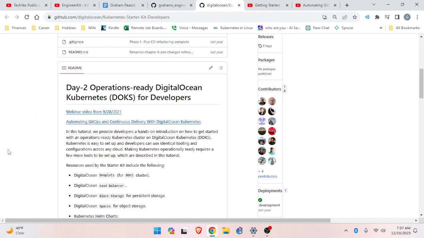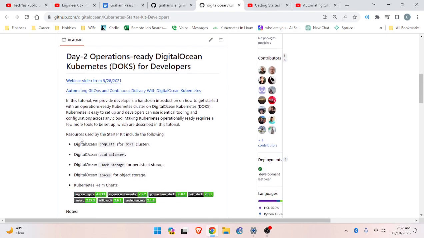In this tutorial, we provide developers a hands-on introduction on how to get started with an operations-ready Kubernetes cluster on DigitalOcean Kubernetes, DOKS. Kubernetes is easy to set up, and developers can use identical tooling and configurations across any cloud. Making Kubernetes operationally ready requires a few more tools to be set up, which are described in this tutorial.